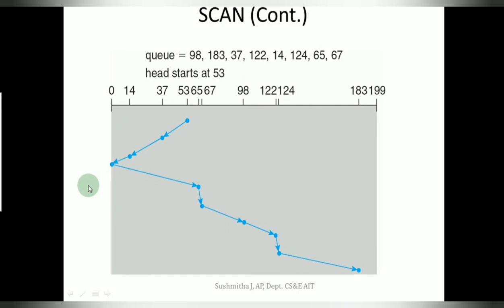The disadvantage here is, if a request arrives just when the head has moved ahead, say the read write head has just moved from 0 to 65, and I get a request for, let me say, 60, then this request 60 has to wait until the read write head finishes here, and again when it comes back, it has to wait until then.